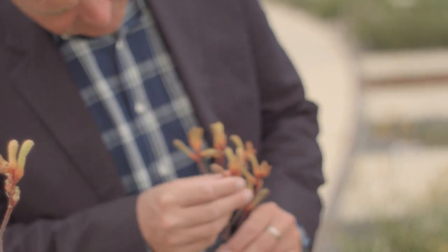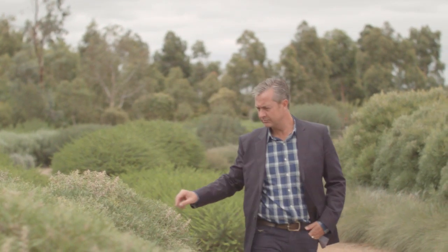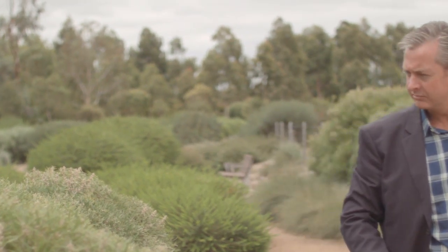Chelsea Flower Show. Essence of Australia celebrates contemporary Australian design and Australian plants, as you would see at the Australian Garden down at Cranbourne, of course. But it also tells the story of the rainbow serpent, the Dreamtime story about this mythical creature that lived under the ground, and it created the mountains and the gorges. And it's also about the story of the presence of water in the Australian landscape, which of course is very